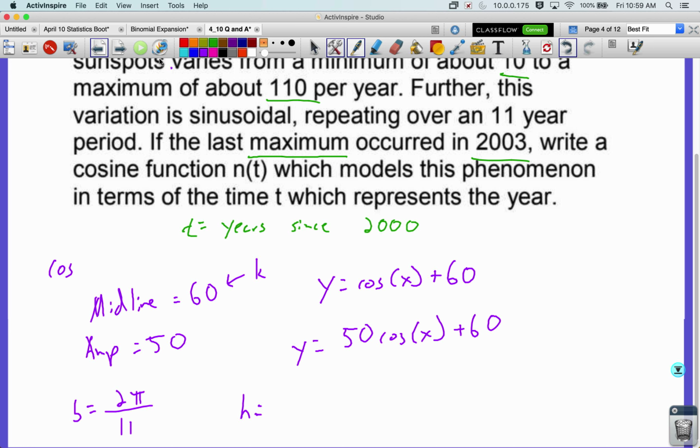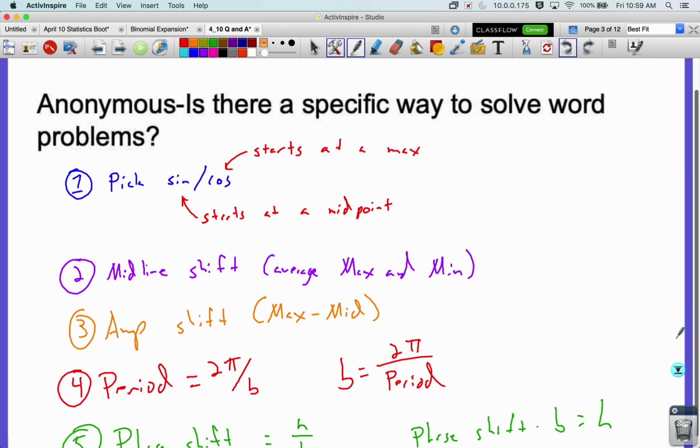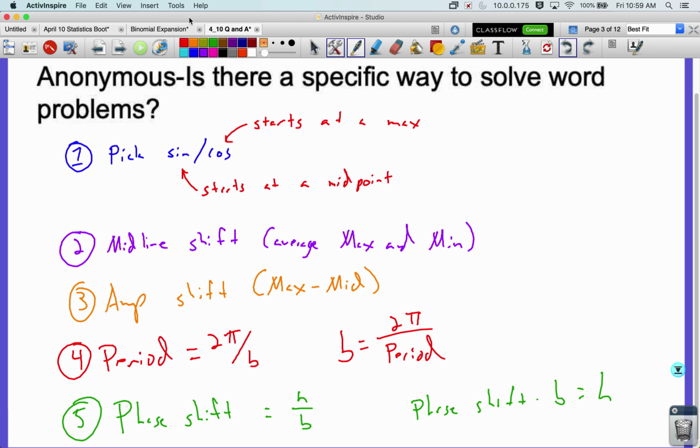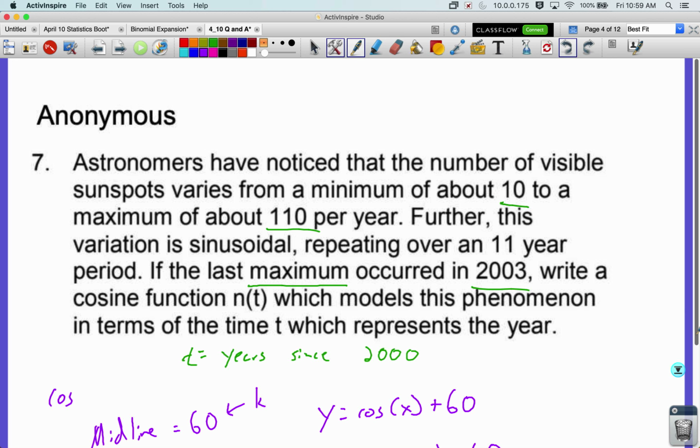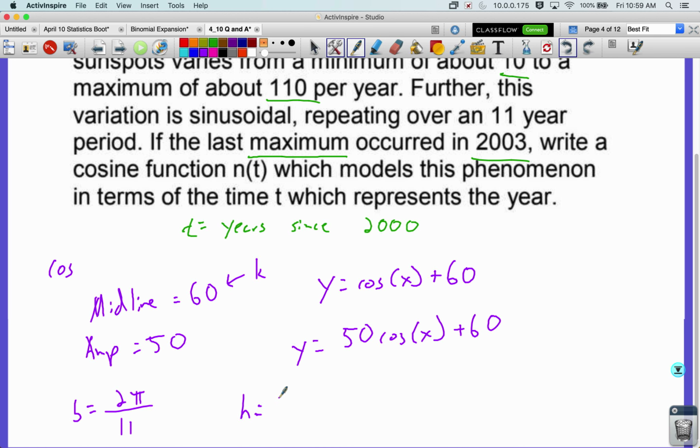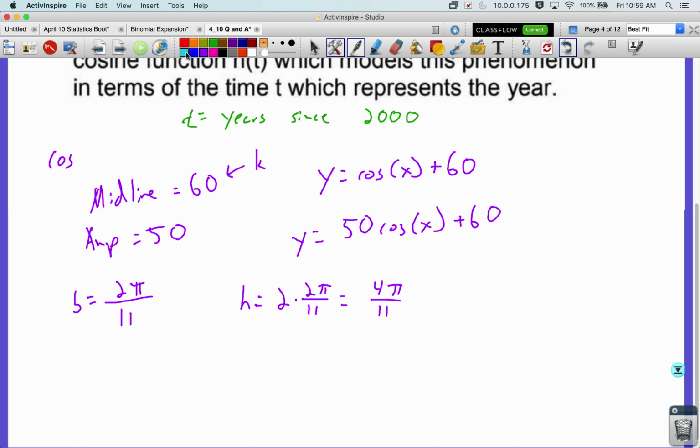So how did we write this formula? We said phase shift times b equals h. So I want to go 2 to the right times my b value of 2 pi over 11 gets me an h value of 4 pi over 11. Now remember, we're going to subtract that in because you always subtract in your h values. All right, and that gives us the equation y equals 50 cosine of 2 pi over 11 times x minus 4 pi over 11